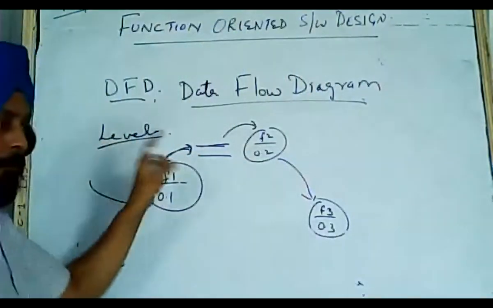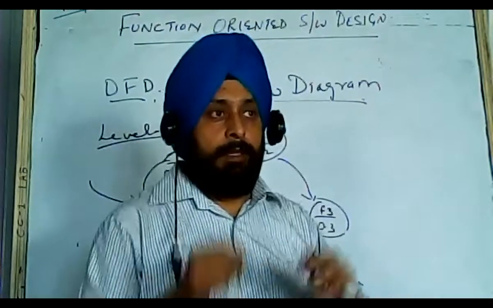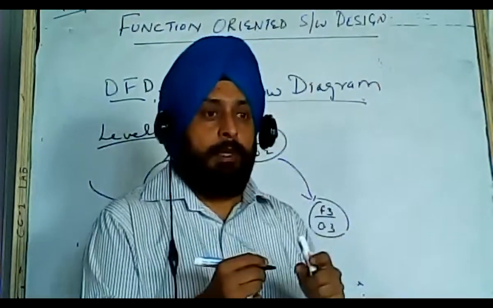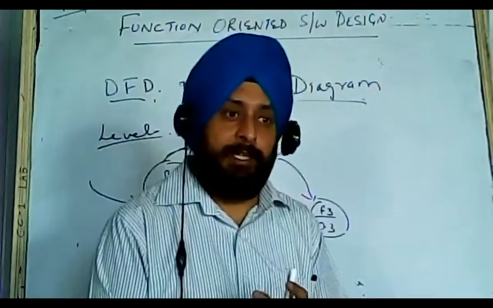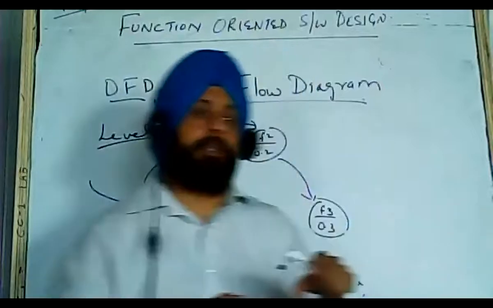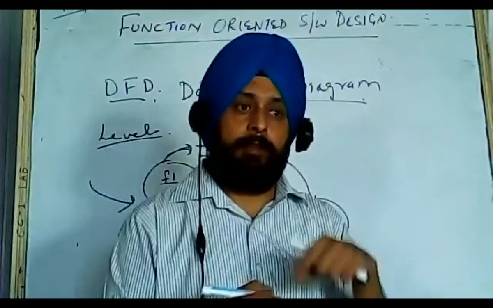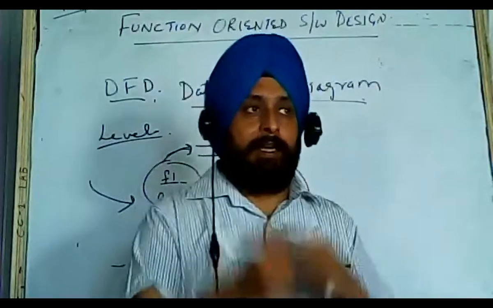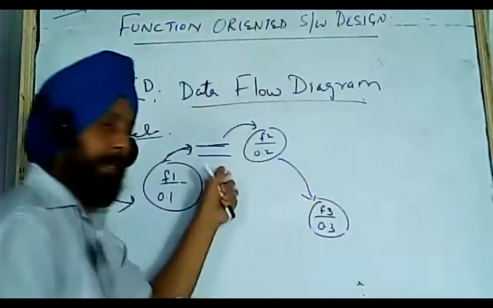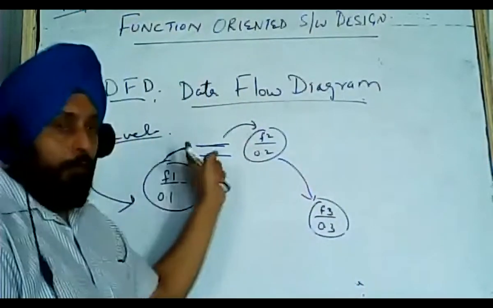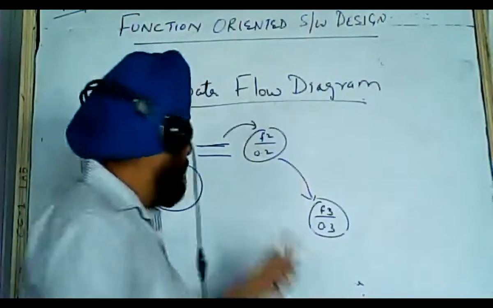So up till now, what we have done is the DFD, the data flow diagram. It represents the whole system with the help of functions. The function is represented by the bubble. Any entity interacting with the bubbles or the functions is represented with a rectangular box, known as an external entity. If any data is generated and has to be stored, we represent it with a data store, and this is the data flow. Flow is represented with arrows. So these are the main things.